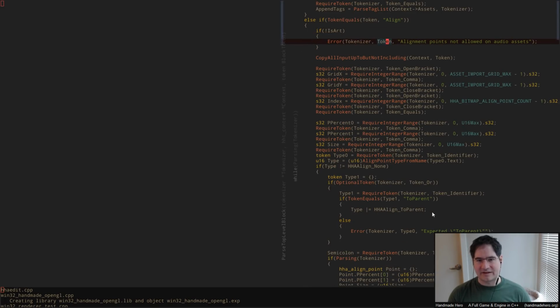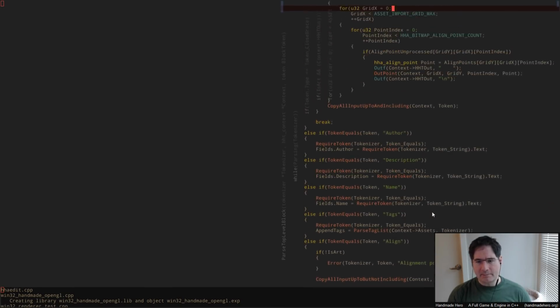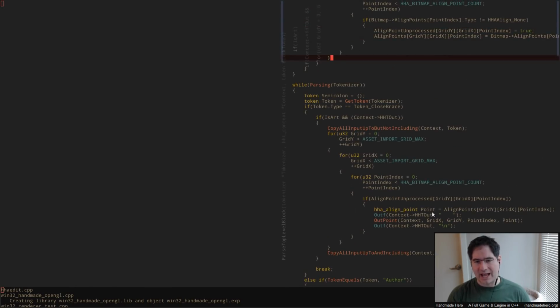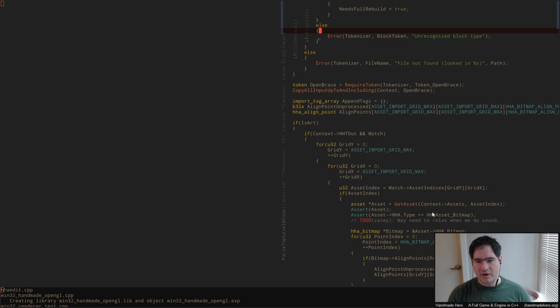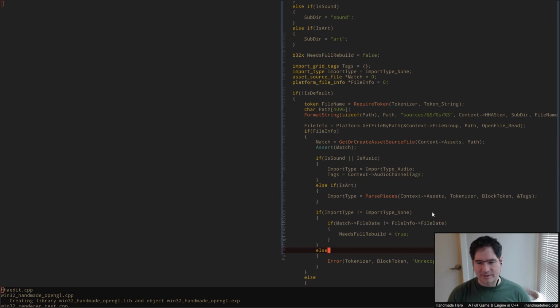The rest of this stuff, like there's a few things like, well, hey, if you try to put an alignment point on a wave directive, we would tell you no. But most of the other things will execute as before. The one thing that we didn't do, if I remember correctly, is when we come through here and you see us find something that is a sound or is music, what we would normally do in the case of